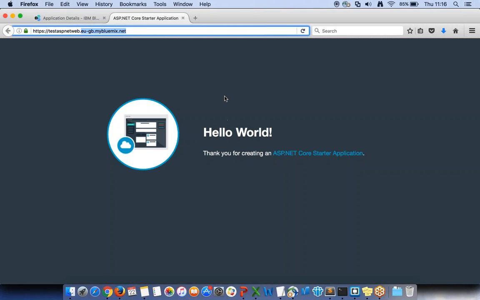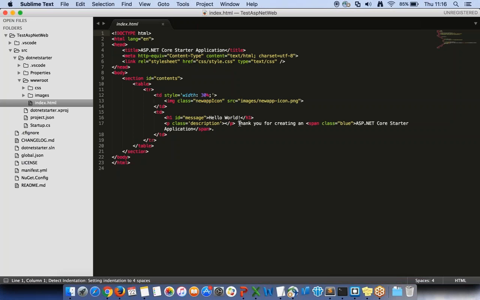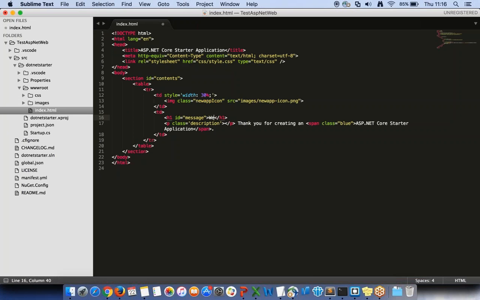This app simply doesn't do anything, just shows a static HTML page that says hello world. But what we can do is update this one. For instance, we can say hello, let's say welcome to the